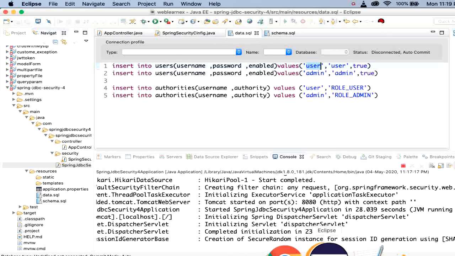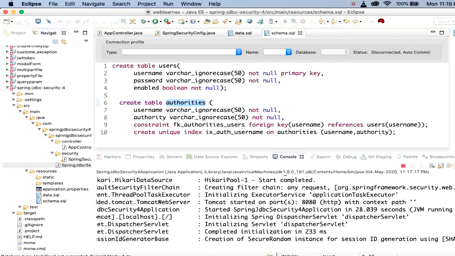So this is the way we can create our own schema and put the data in the schema. But here we need to note one thing: the table name should be exactly this, otherwise it won't work, because it is already configured in JDBC, MySQL JDBC Spring Security.